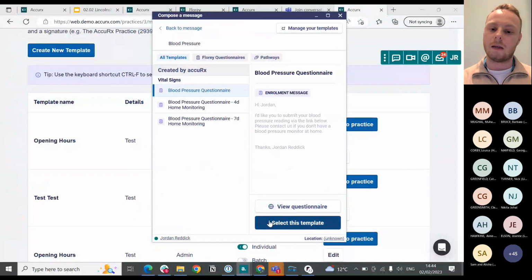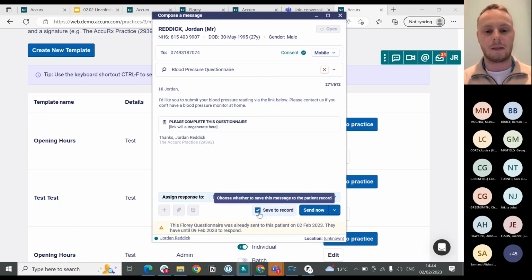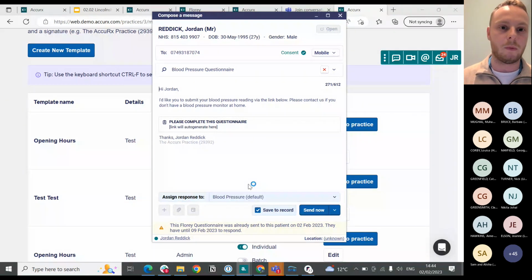If we're happy with that, we can select a template. So we just select the standard blood pressure questionnaire template. And we'll see that some text is loaded up in the body of the message. And you'll see the section underneath that says, please complete this questionnaire, and a link will also generate there. You can see that the Save to Record button is automatically checked when selecting this questionnaire. And if we send this now,